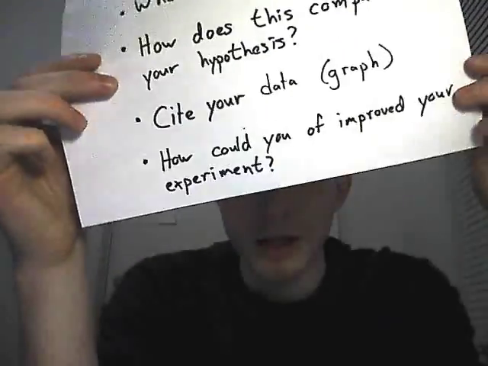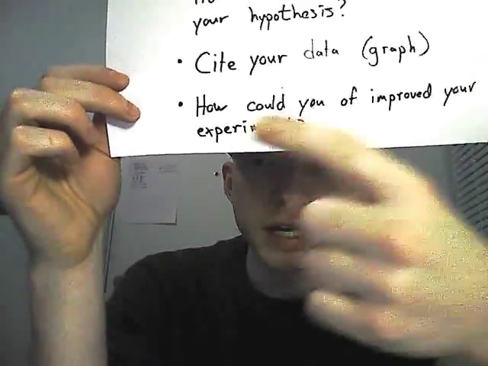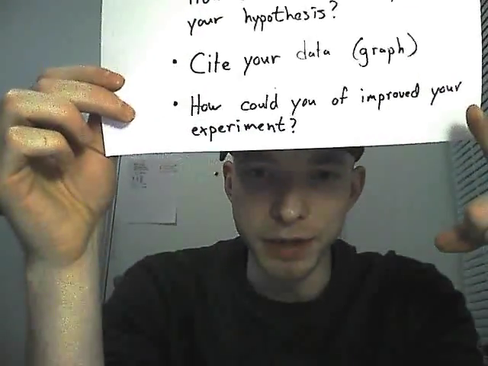And finally, one of the most important things you need to do is, how could you have improved your experiment? You answer that question. Things go wrong. Sometimes you forget to take the temperature. Maybe you could have taken the temperature more often. Maybe you could have taken it less often. There's a lot of things that you can do to make your experiment even better after you've done it and after you know a little bit more about it. So come up with some of that stuff, throw it into your conclusion, and that should be a good lab